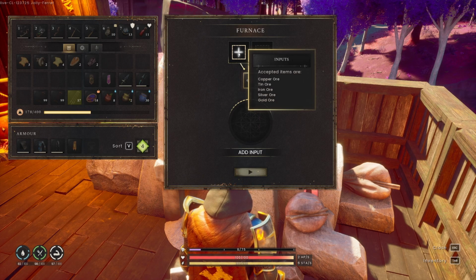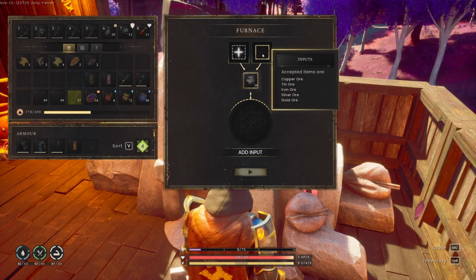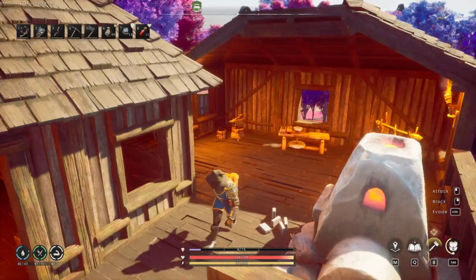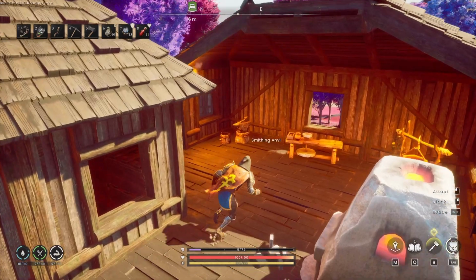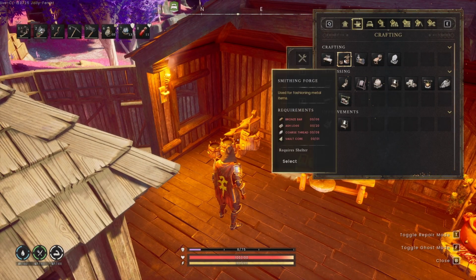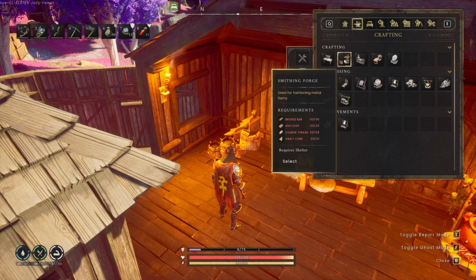On one side, you're going to want to put copper ore. On the other side, you're going to want to put tin ore. Once you put those two in there and burn it, you will create bronze bars. Those bronze bars are going to be used to create a smithing anvil. The smithing anvil will require 6 bronze bars, 20 ash logs, 8 coarse thread, and 1 vault core that you